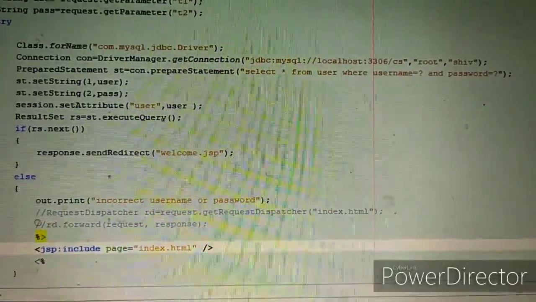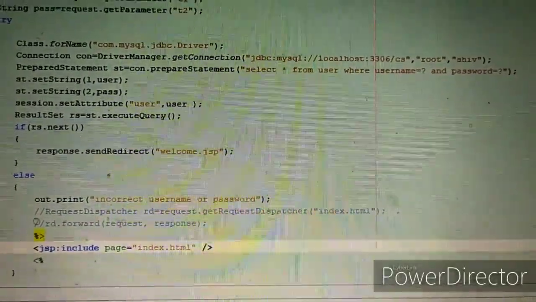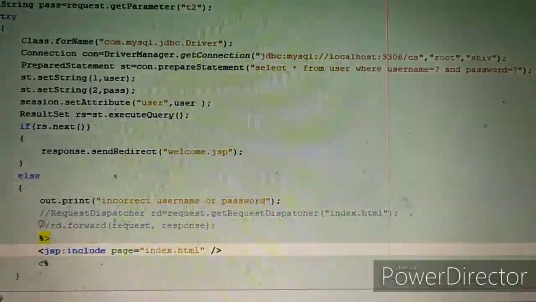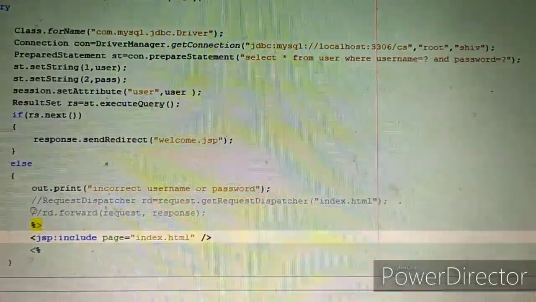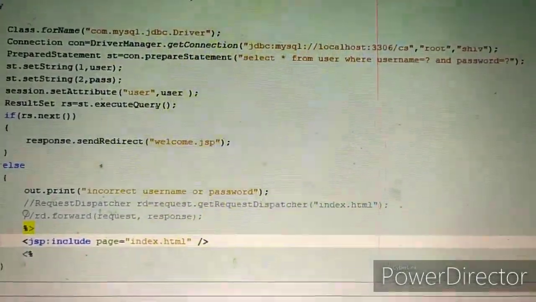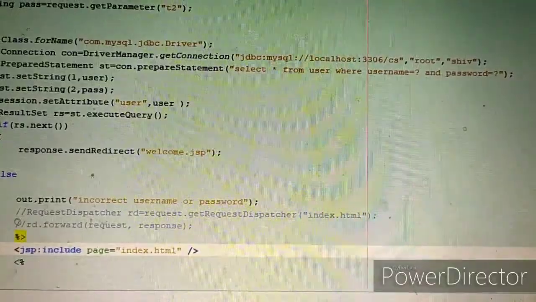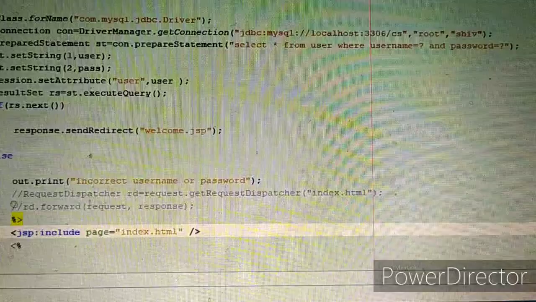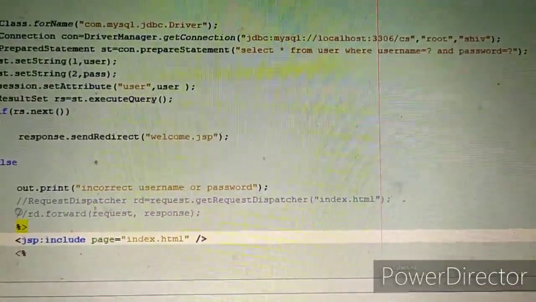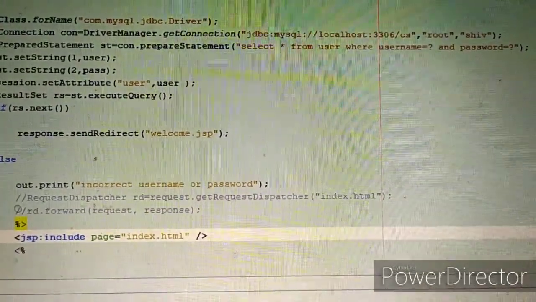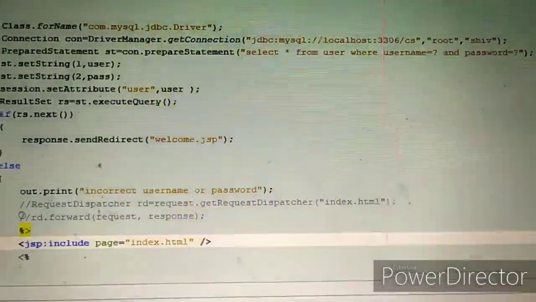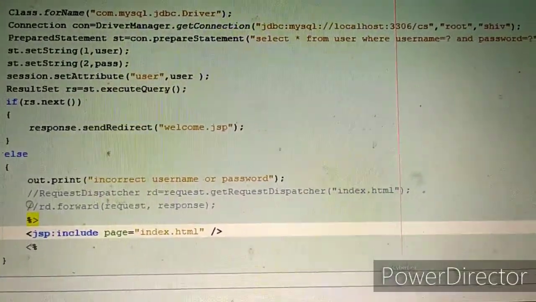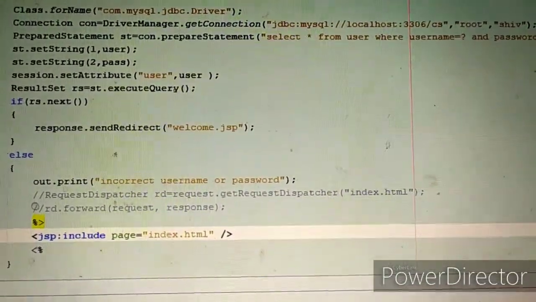If our query is able to fetch a record, that means the username and password exist in the table. Otherwise that username and password does not exist in the table. If they exist, the user is an authorized user, and we will allow him or her to go to the welcome page. Otherwise we will not allow the user to go to the welcome page.